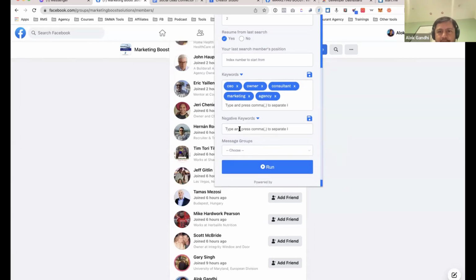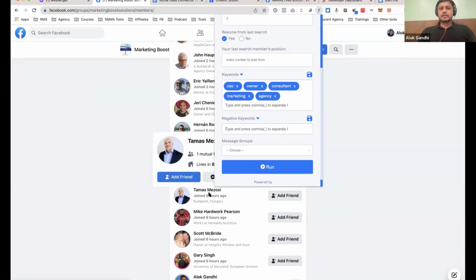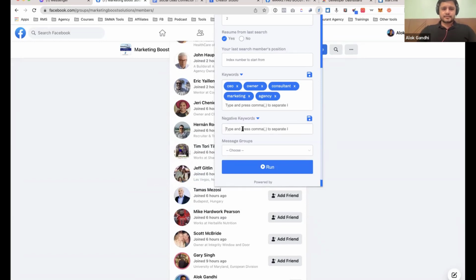In the negative keywords is crypto. I'm not into crypto, so if anyone has crypto in their profile, mostly they don't, but for whatever reason, if I find anyone, here's what you can do. I don't want to have people from